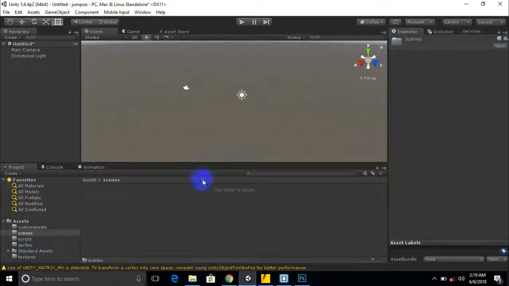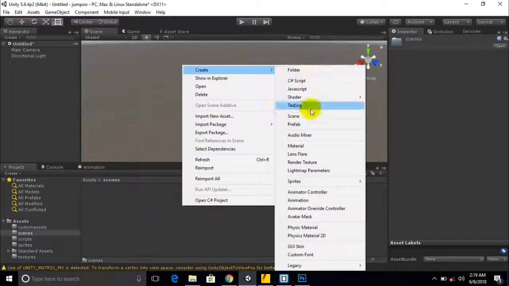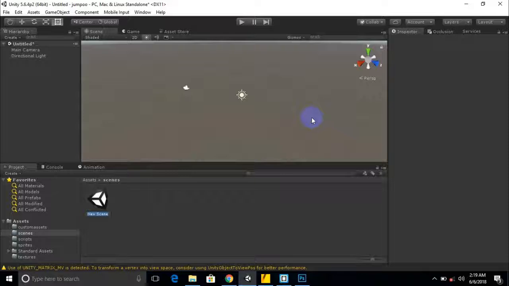First of all, we will create our scenes. In the scenes window we will create a new scene and name it scene 1. This scene will be the intro, the main window from where a player can select the start game option or quit buttons.